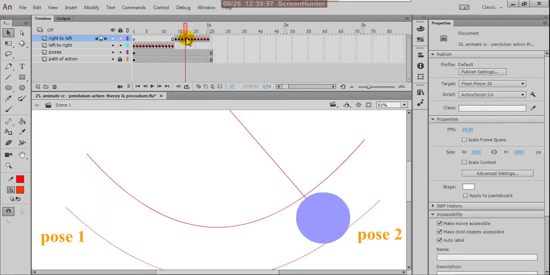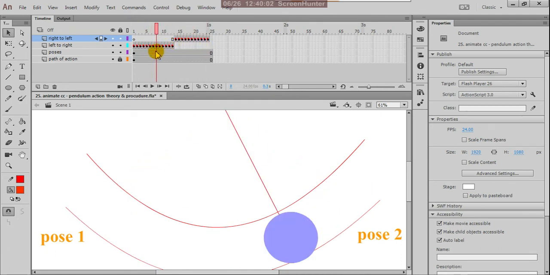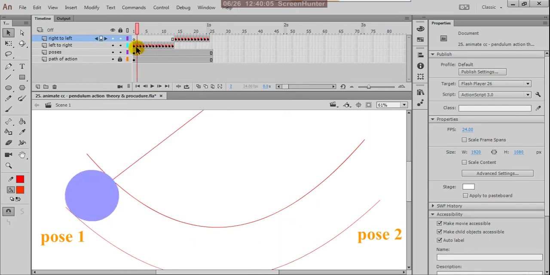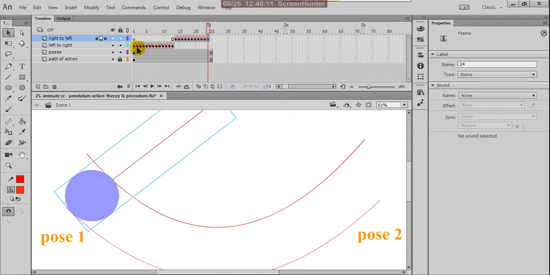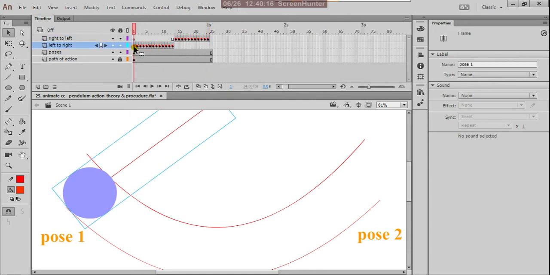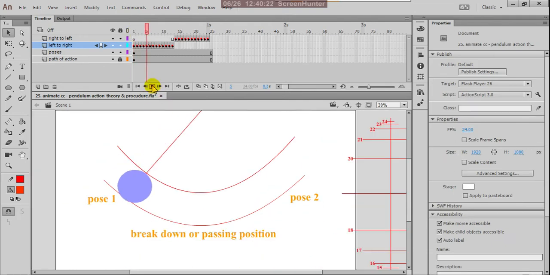Let's check this. You can switch on the loop, so you'll get the continuous action.